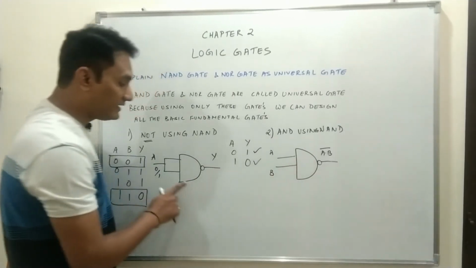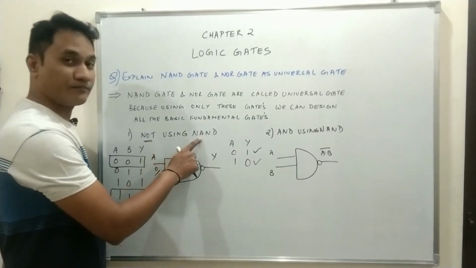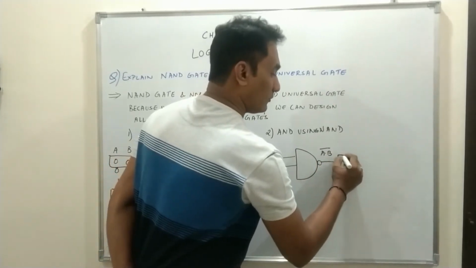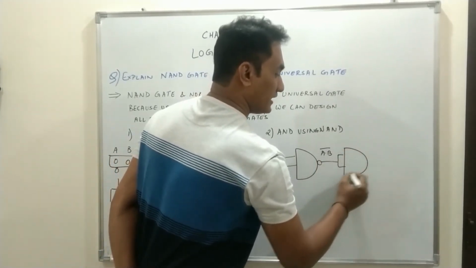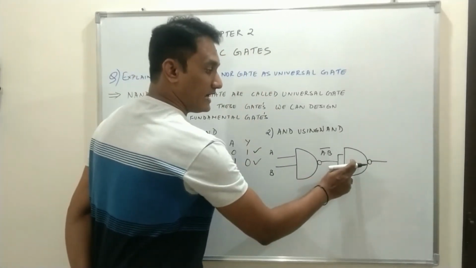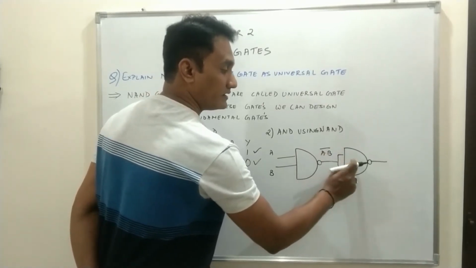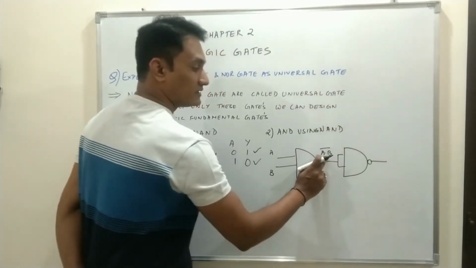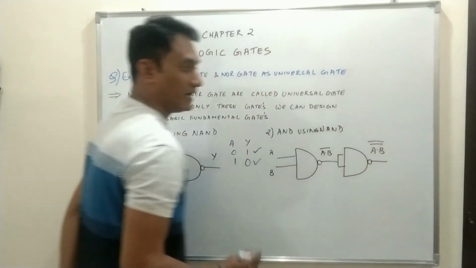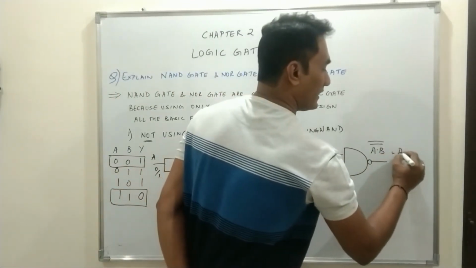And how do you get a NOT gate? This is how you can design NOT gate using NAND gate. To complement, you have to connect a NOT gate, which can be designed using a NAND gate. If you take a NAND gate with two inputs connected, it works as a NOT gate. So this gate will complement this equation. So it will be A dot B double bar, and double complement cancels each other. So what is left is A dot B.